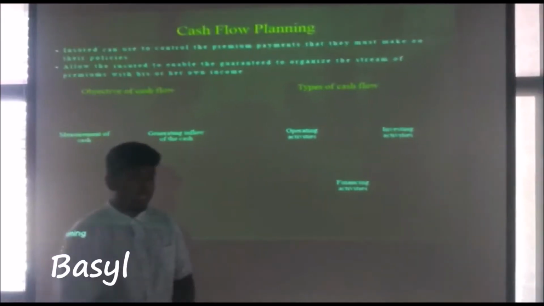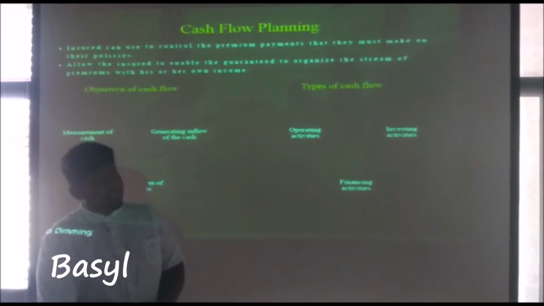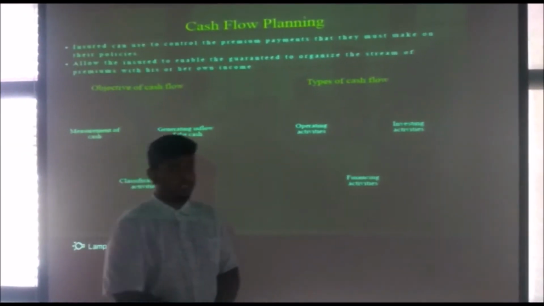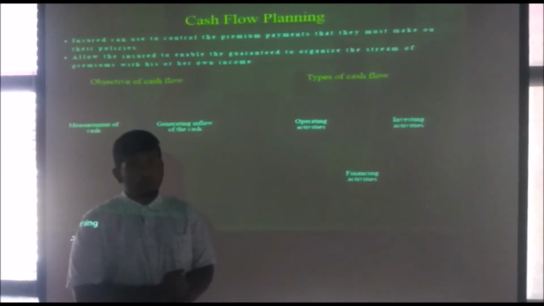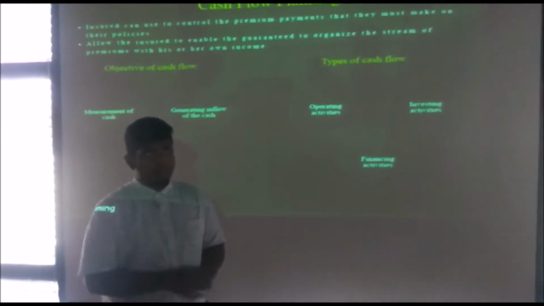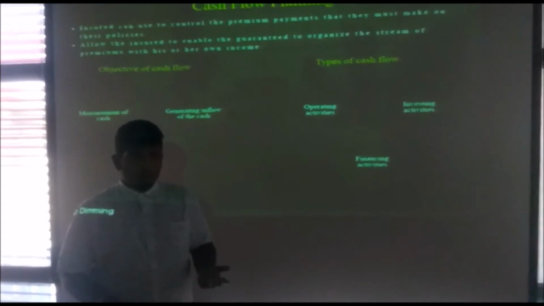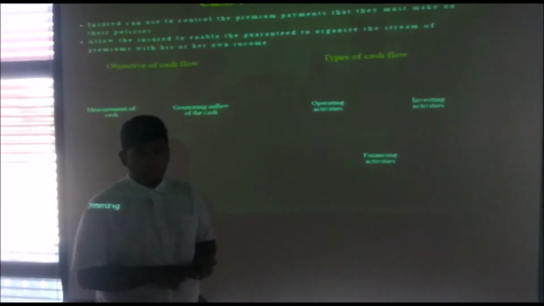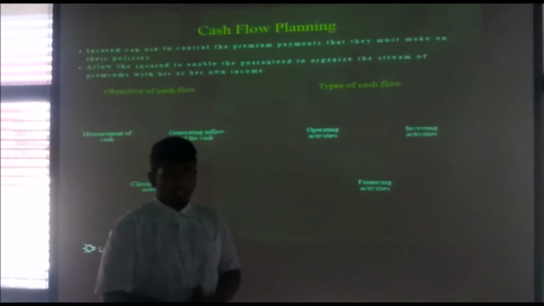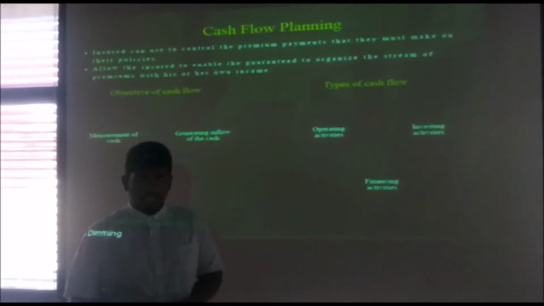Thank you. Okay, now I'm going to talk about the types of cash. The first type is operating activities, which includes any sources and uses of cash from operations. For example, receipts from sales, interest payments, salary to employees, or even income tax payment. Besides that, in the case of portfolio